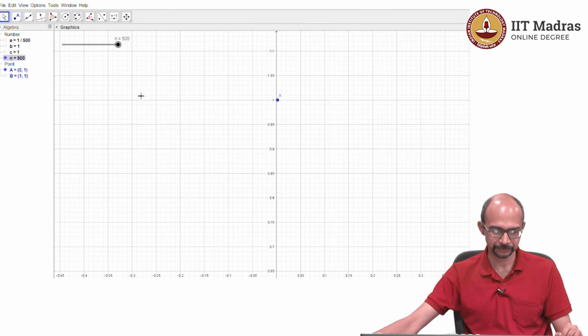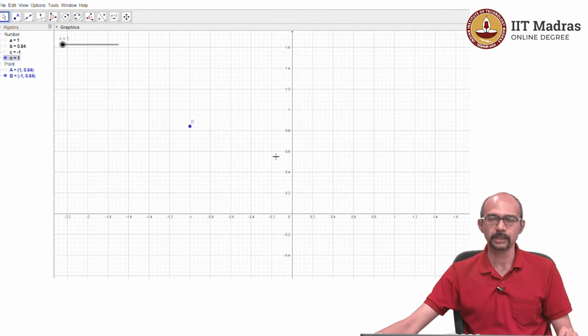explanation for that. So, for the second sequence we have (minus 1)^n comma n times sin 1 by n. Now, we know from what we just did that (minus 1)^n oscillates and n times sin 1 by n converges to 1. So, this sequence is also going to oscillate. Let us see the behavior of this sequence.